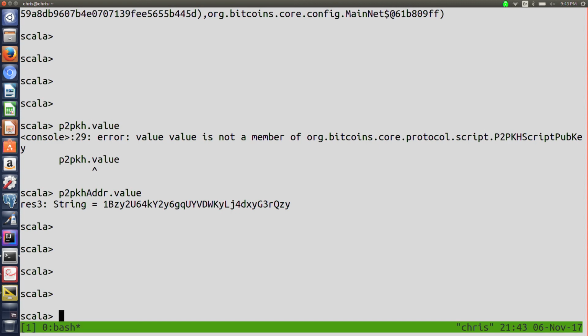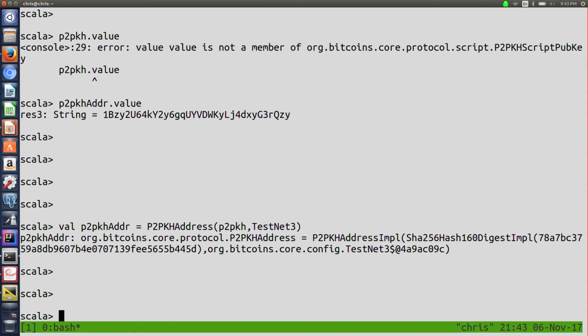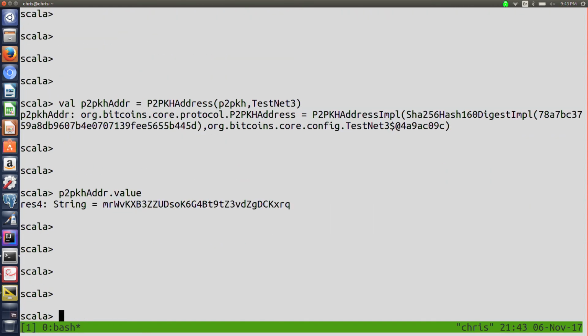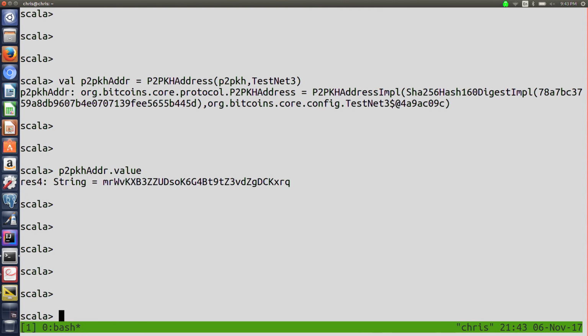Now, if I were to change this to testnet and run it, see, now this one starts with an M. So that's an easy way, if you're a human, to know you don't want to actually send real money if you're tinkering with your application or whatever. So now you can send this over to your friend and do some crazy contract that maybe will lose you money.